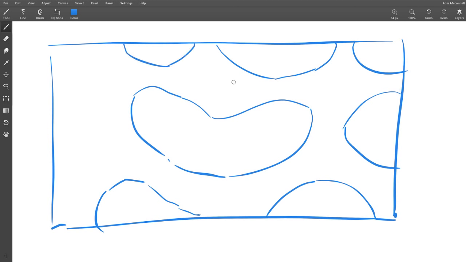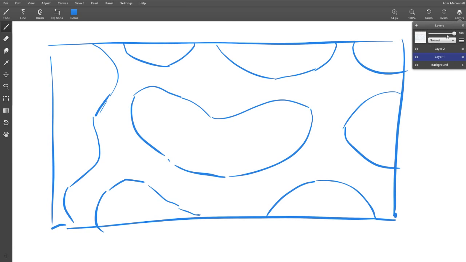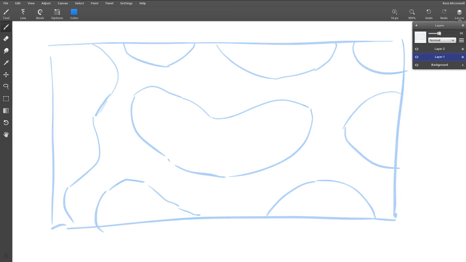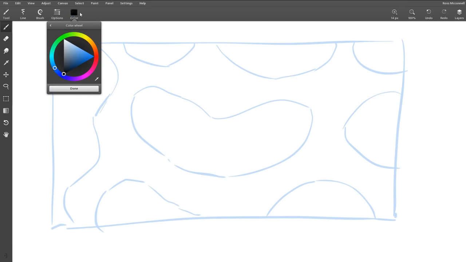Yeah, blocking in our islands, and in between these islands, all this part is going to be our shallow, swampy, muddy, awful water. Then we got a big old island on this side. Let's reduce the opacity there so we can see what we're doing next. I'm going to switch to our big boy black brush